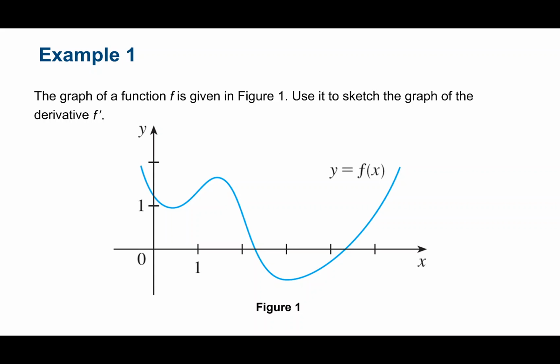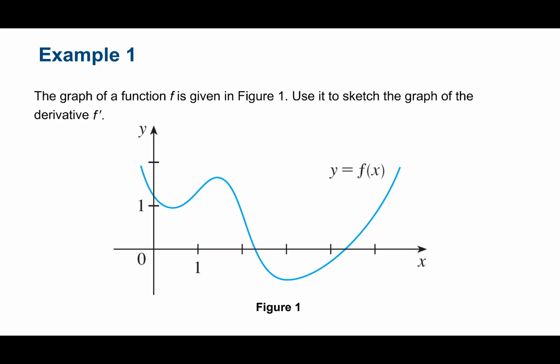And we want to analyze the graph of f and think about what the graph of f prime, the graph of the derivative, would look like. So one thing you can start with is any special behavior you see in the graph of the function, and think about how that would relate to the derivative. Things I'm thinking about is right here, maybe it looks pretty close to an x value of 1/2. What would be special about our tangent line there?